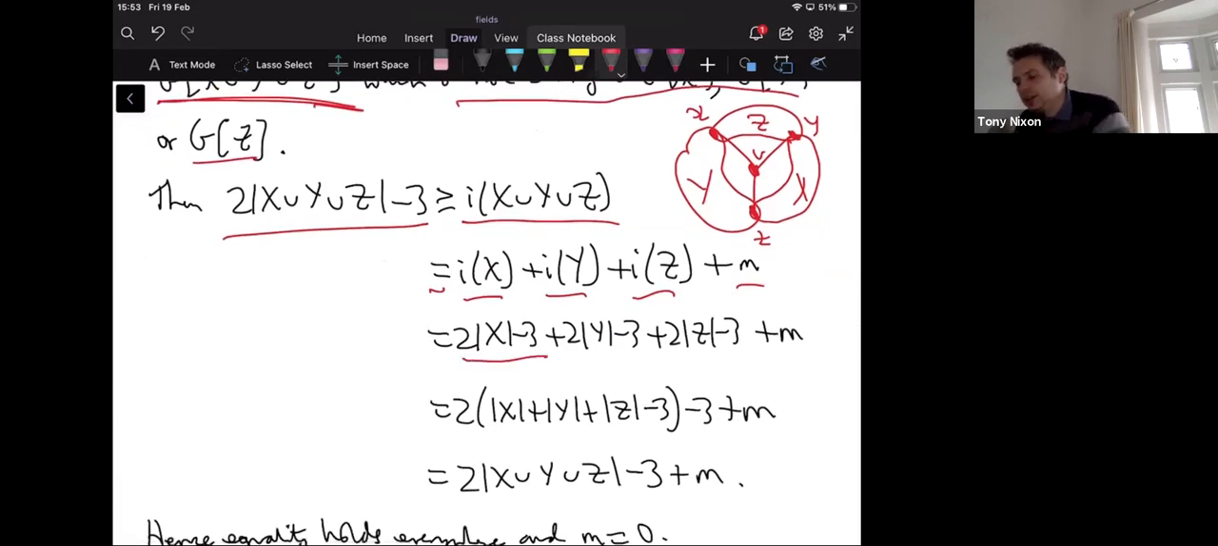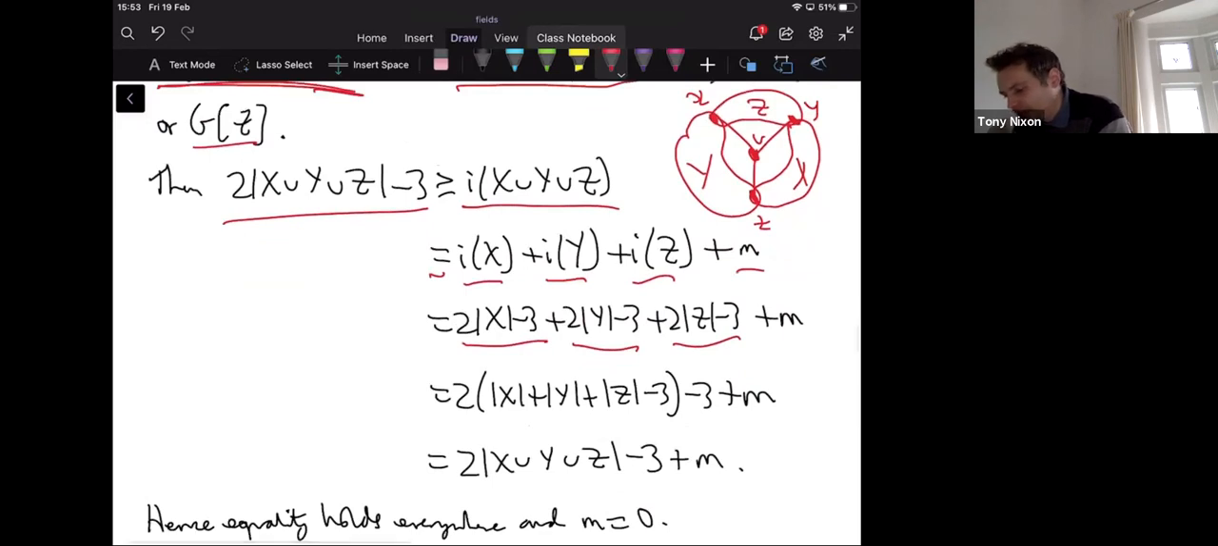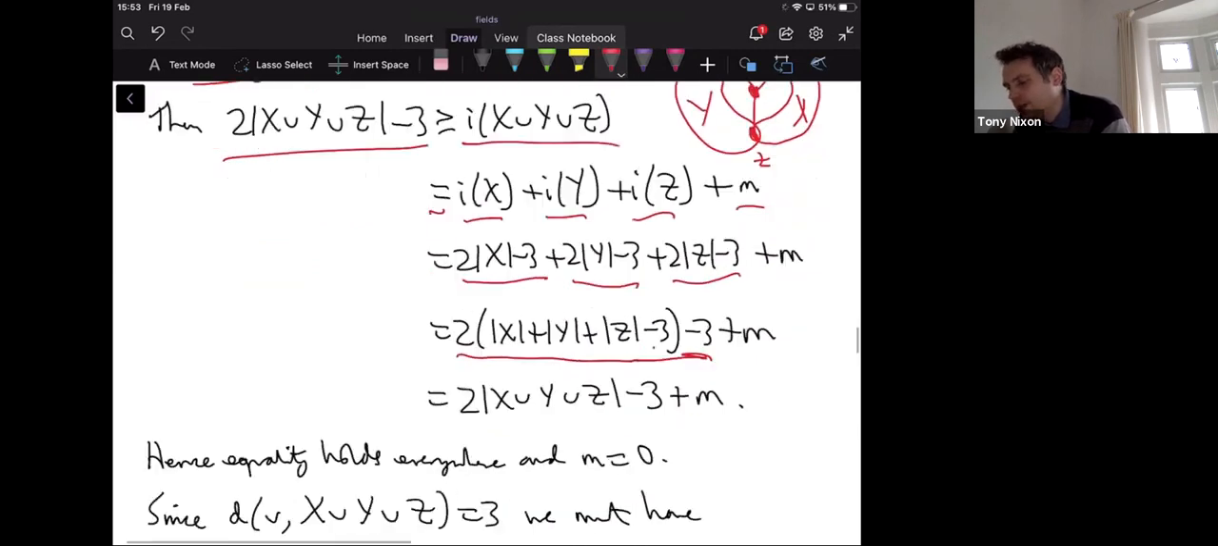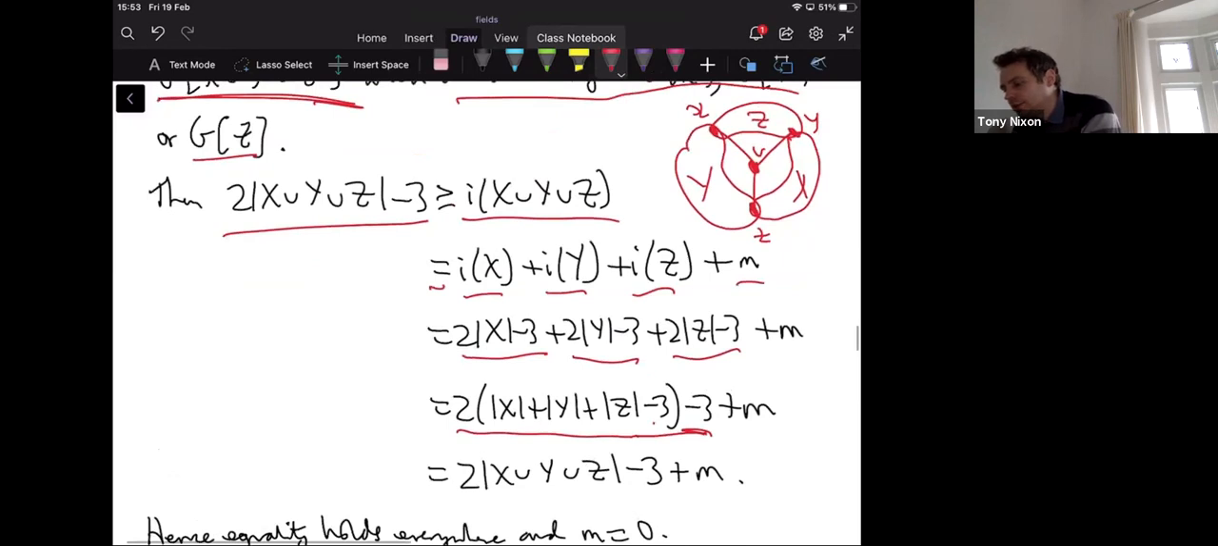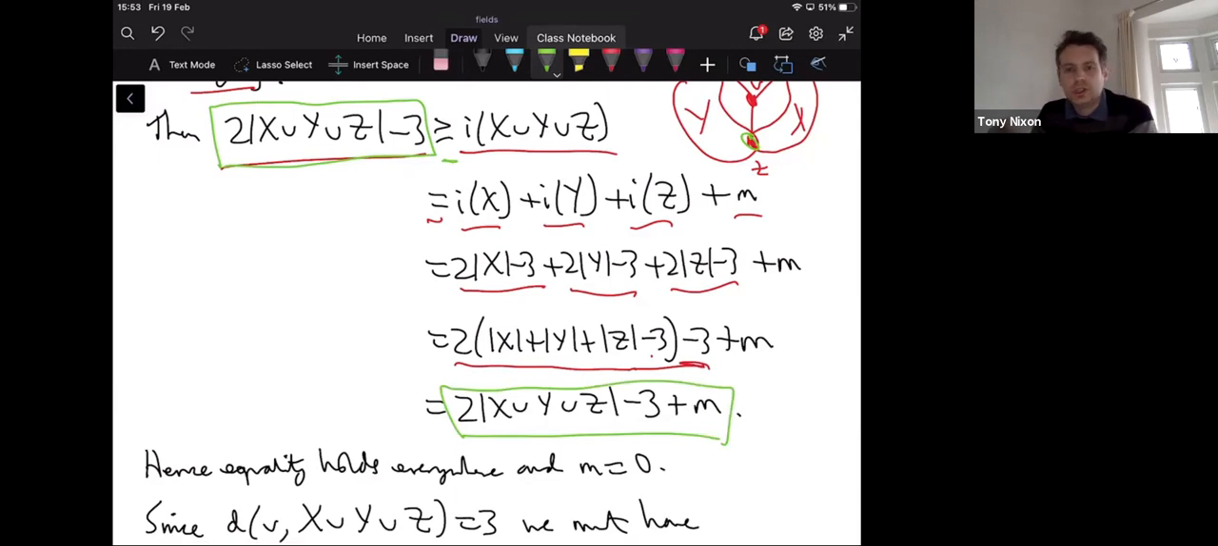X is critical, so you get this. Y is critical, so you get this. And Z is critical, so you get that. Let's just put it together. X, Y, and Z, put them all together. There was 3 minus 3, so 2 times minus 3 minus 1 minus 3, so that's still fine. And then there were exactly these 3 vertices, X, Y, and Z in common, so I get to this. But now I have that this is greater than or equal to this, so it must actually be that greater than or equal to is an equality, and the M is 0. Okay,